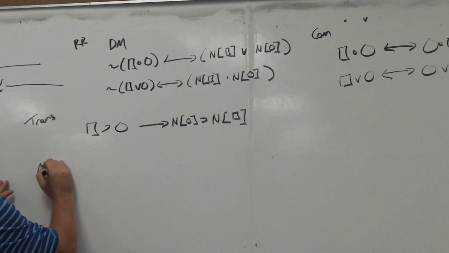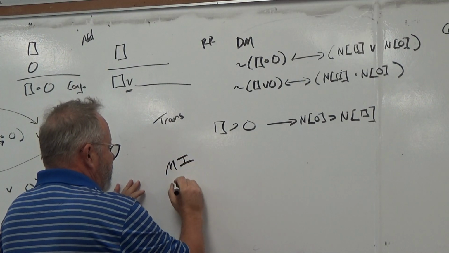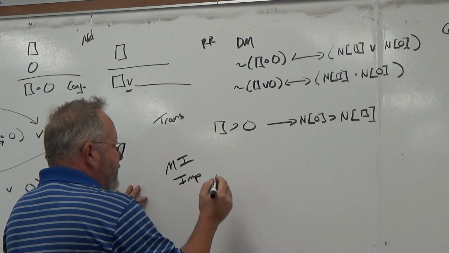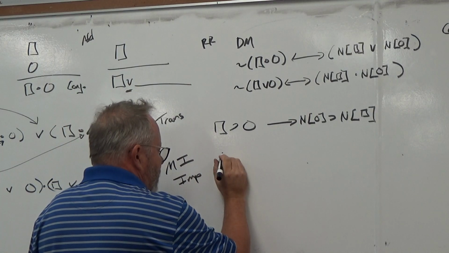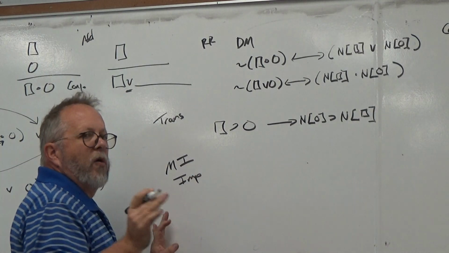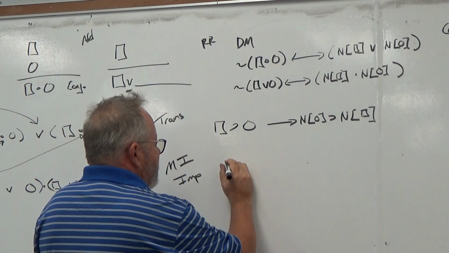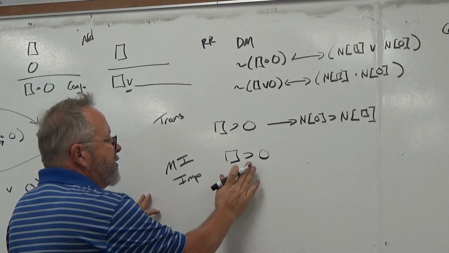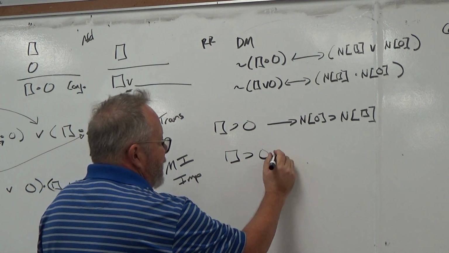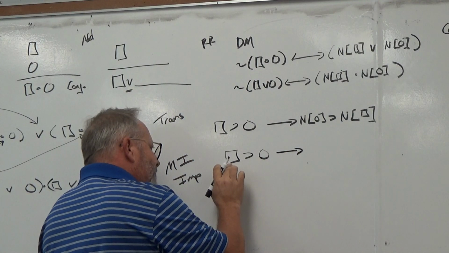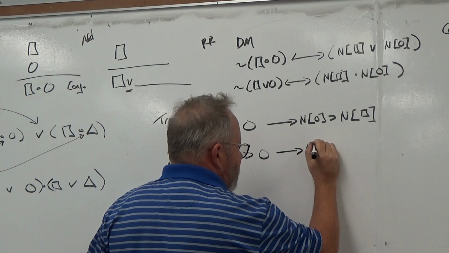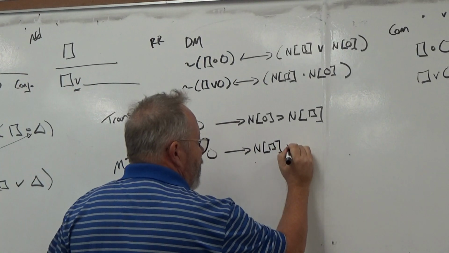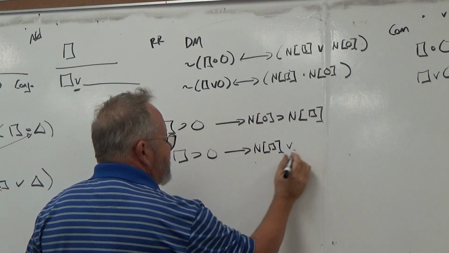Material implication, or a lot of times I just say implication. This allows you to change from an if-then to an or, or vice versa, okay? So let's suppose we have a conditional, okay? I can change this to an or, okay? And when I do this, I negate the first thing, or get its opposite. The then changes to an or, and the second thing stays the same.